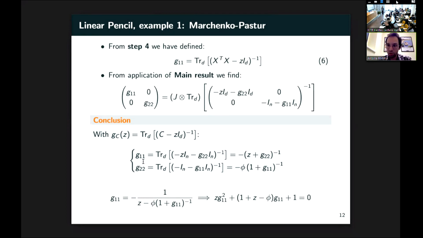So even just a fixed point equation that you iterate on your computer, you can derive the expressions of your linear pencil. The bad thing is that it becomes harder and harder to interpret your analytical expression as you increase the number of, for instance, layers of random matrices that you are considering.